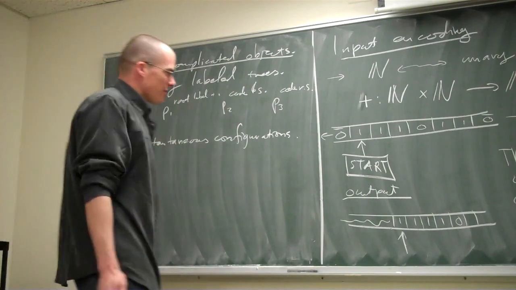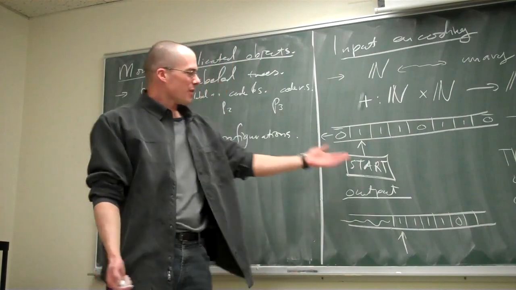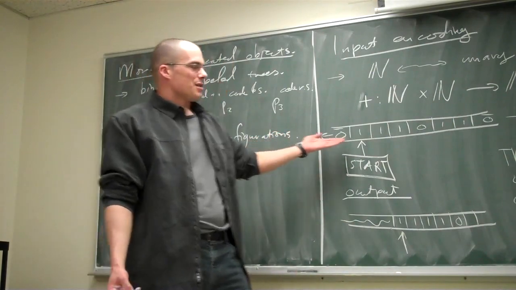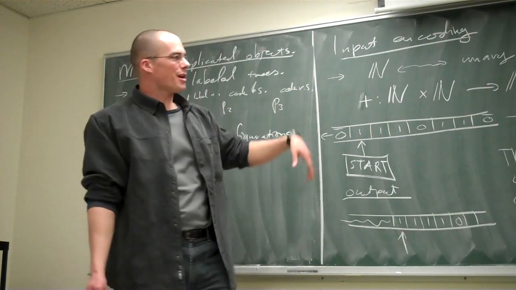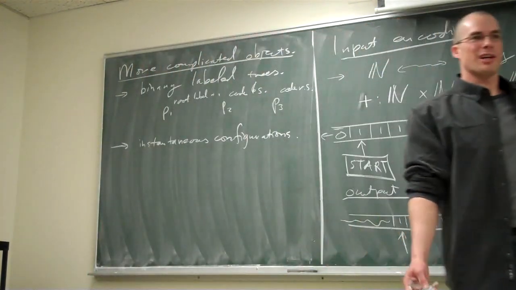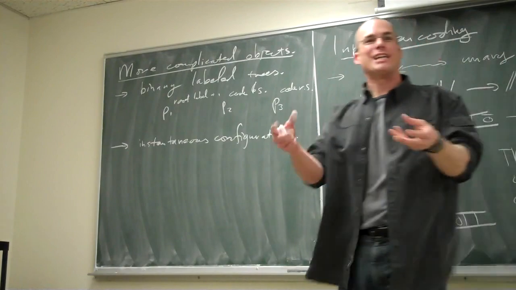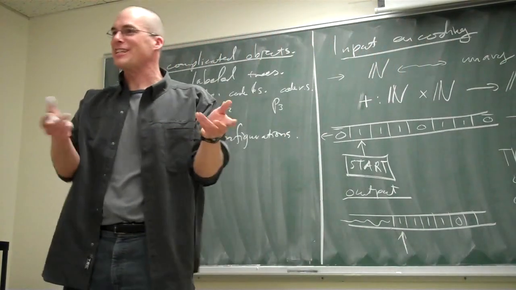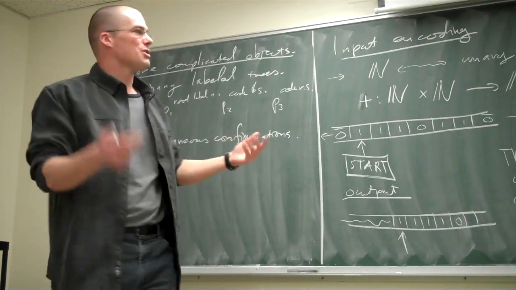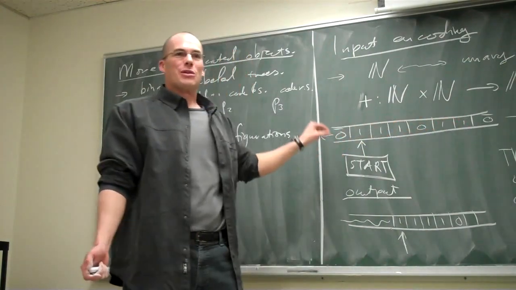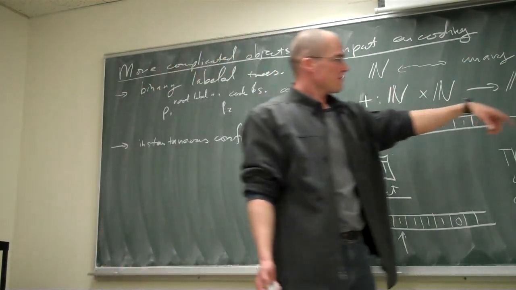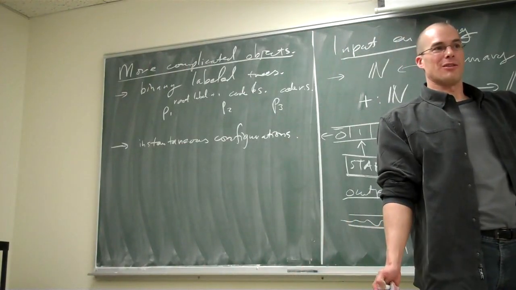And so what is a configuration of a Turing machine? A configuration of a Turing machine is whatever is on the tape. Well, with our encoding convention for natural numbers on the tape, there's always finitely much interesting stuff on the tape. And so there's finitely many ones on the tape, and you can encode the locations of the ones as a finite sequence of natural numbers.